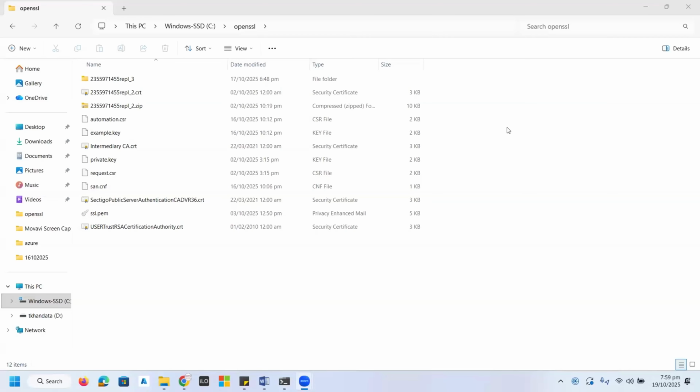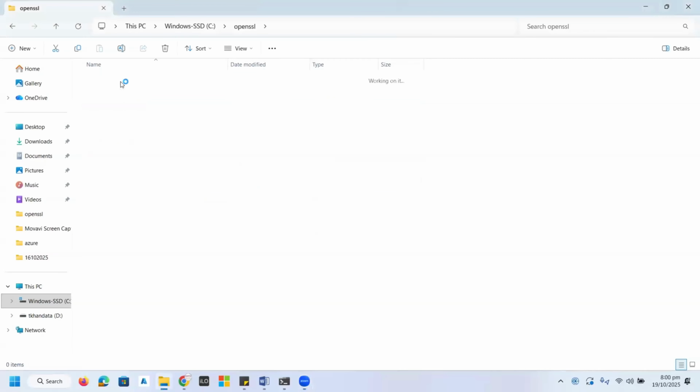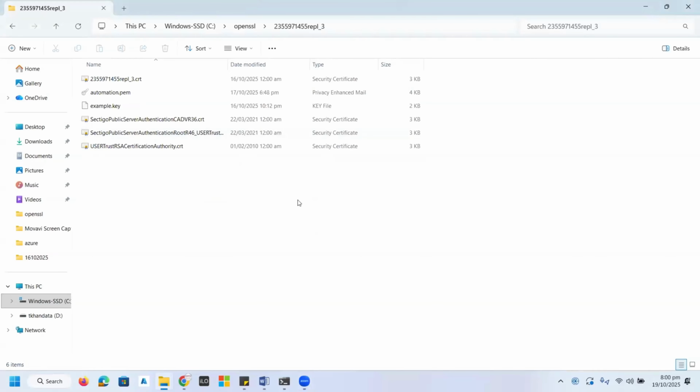They are cloud service providers, specifically regarding security. They will provide me the CRT file with their root certificate and intermediary certificate as well. If I open this folder, here you can see now the certificate.